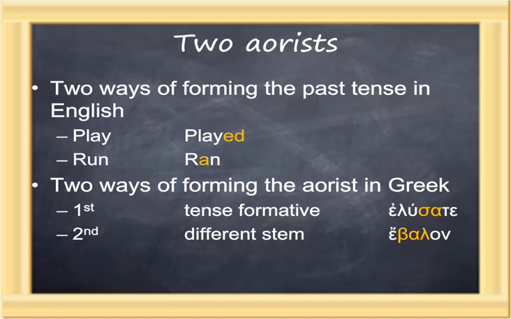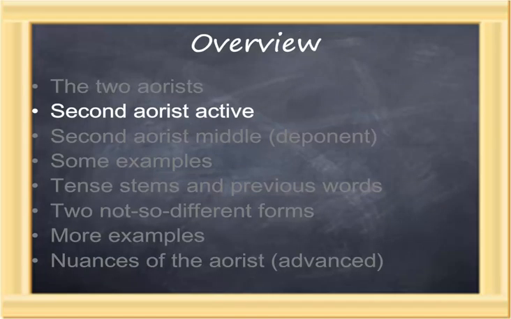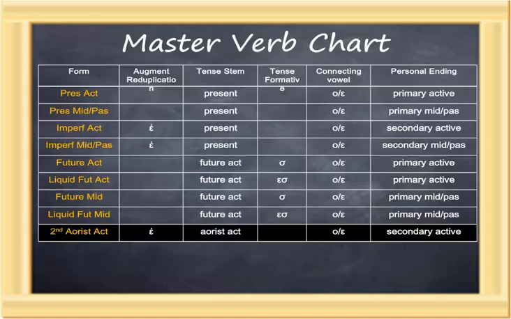Greek words, with only a couple of exceptions, only have either a first aorist or a second aorist. They don't have both. Just like in English, it's either -ed or the form changes. In this lesson, we're going to focus on the second aorist formation because it's very similar to the imperfect. The second aorist active. We've added another line to the master verb chart